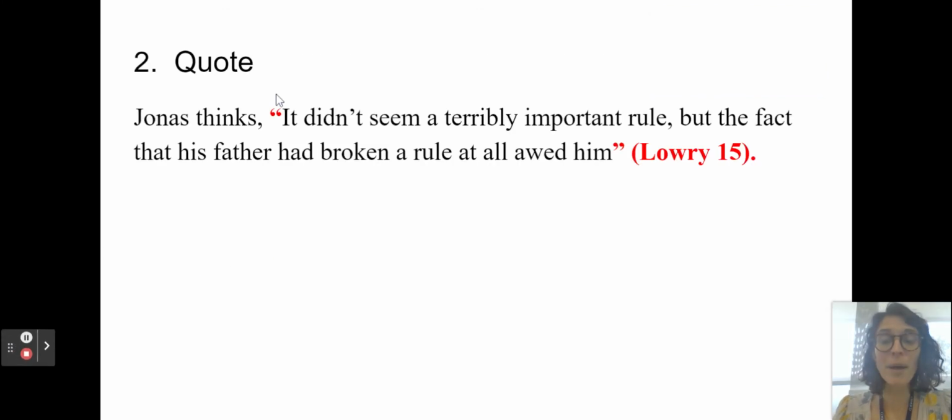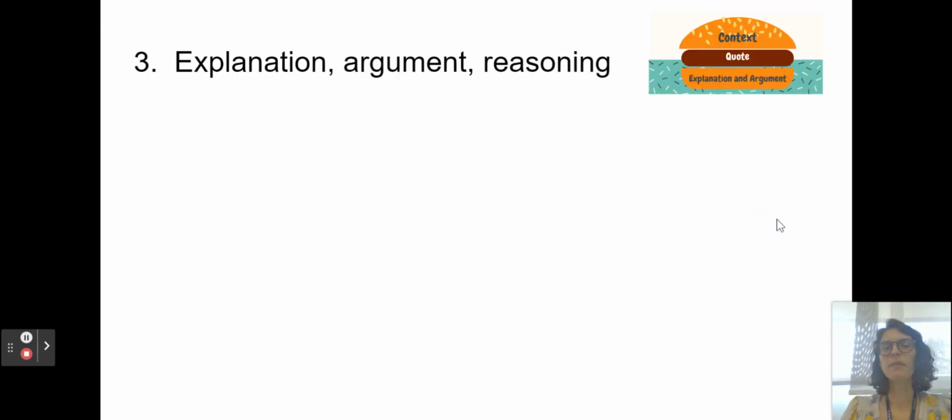This needs to move. MLA style quote: we have quotation marks at the beginning and end of the words that were taken from the text. A parenthetical that has the author's last name and the page number. Notice there's no comma. There is no PG or P period or page. Just the author's name, the numerical page, parentheses, and the period, because we want to tell our reader that we are done with the quote at the end of that parenthetical.